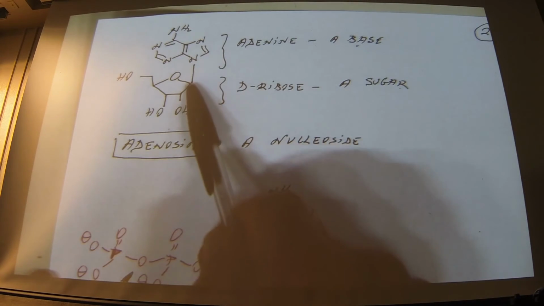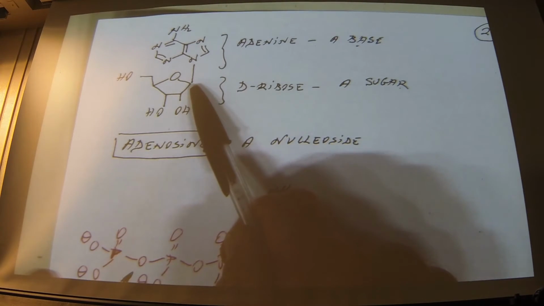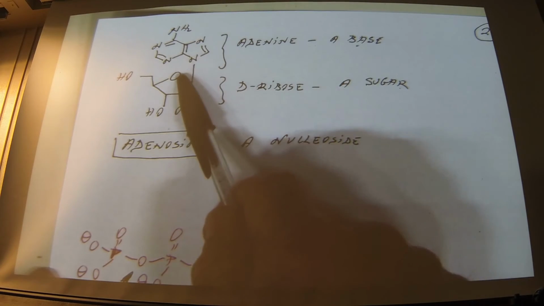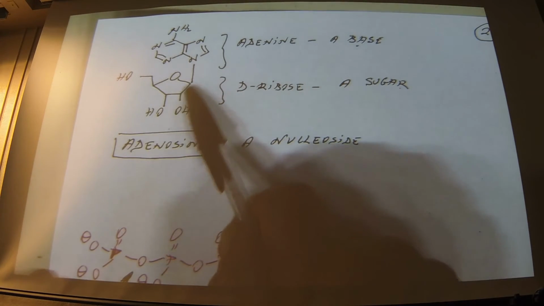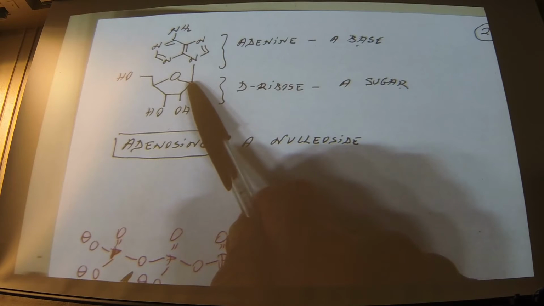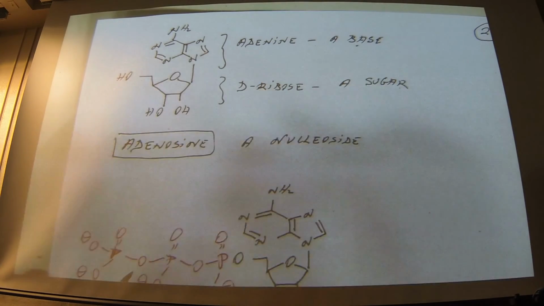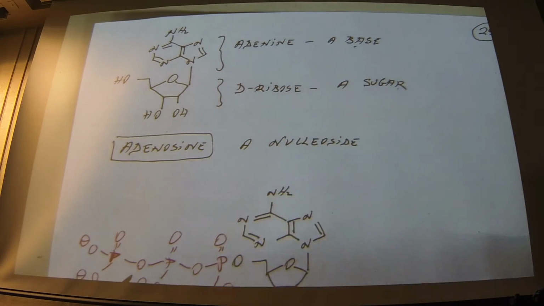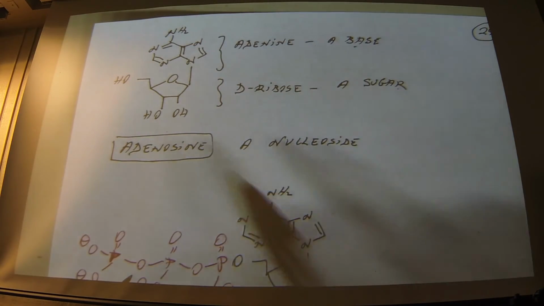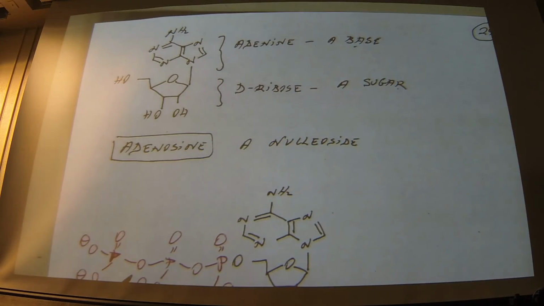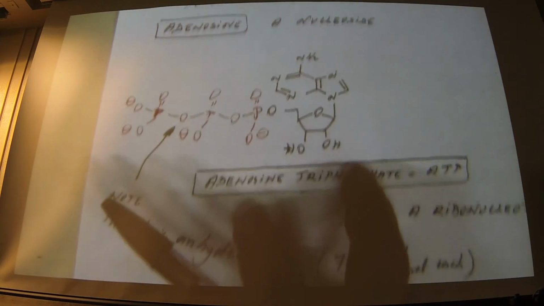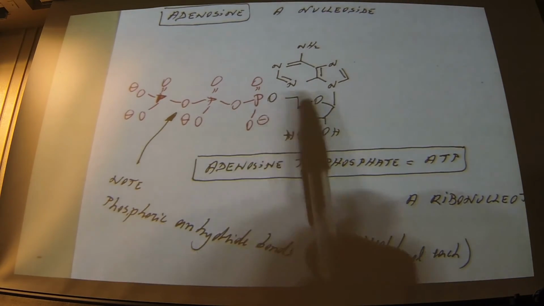Okay, so here this is the aldehyde carbon atom. The aldehyde carbon atom is bonded to an oxygen and a nitrogen. So if I hydrolyze this in aqueous acid, I'll end up with an aldehyde right there, right? And I'll end up with adenine as the base. So this is a nucleoside. So any nucleoside is a combination of a sugar and one of the bases. And then if I have a nucleotide, it turns out that the